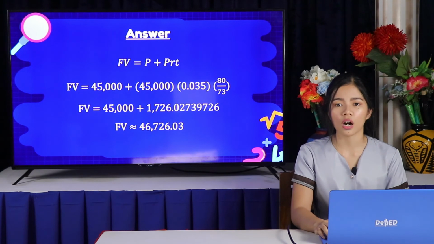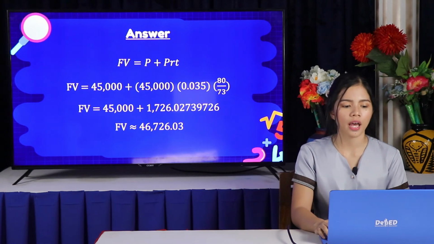We put this on our formula. We have FV is equal to 45,000 plus 45,000 times 0.035 times 80 over 73. FV is equal to 45,000 plus 1,726.02739726. Based on this equation, the interest to be paid is around